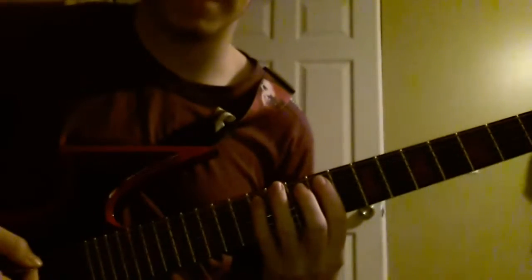And then that's when he starts legato. More legato that's insanely quick. So that legato section is going to be the 9th, 10th, and 12th on the low E string. And then the 9th, 10th, and 12th on the A, another 9, 10, and 12 on the D, a 9, 11, and 12